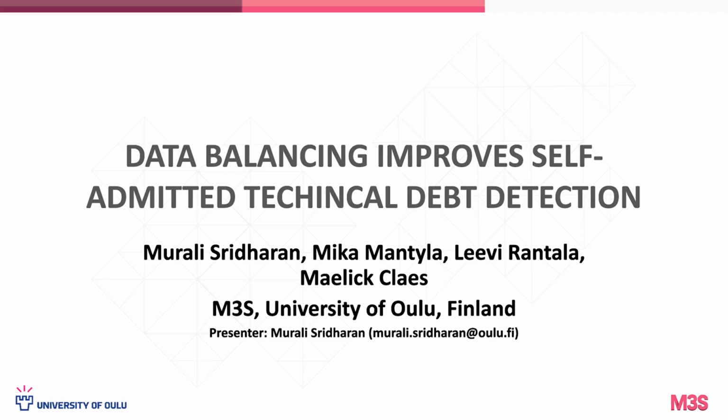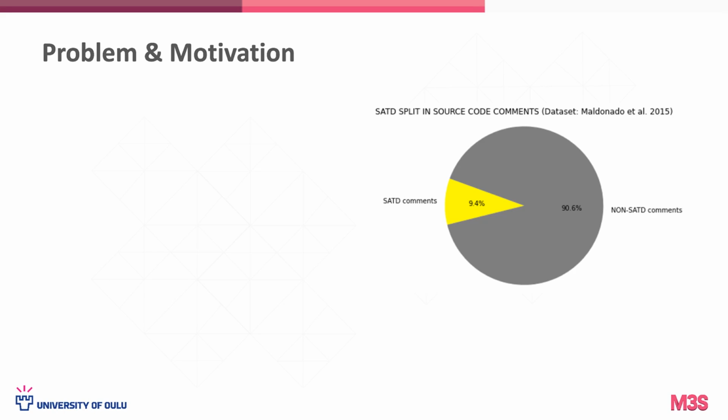I'm about to present our research paper titled Data Balancing Improves Self-Admitted Technical Debt Detection. The problem in focus is that there's a huge class imbalance between SATD and non-SATD comments that impacts SATD detection